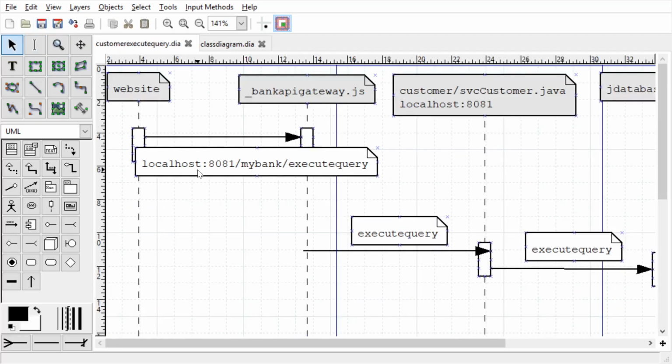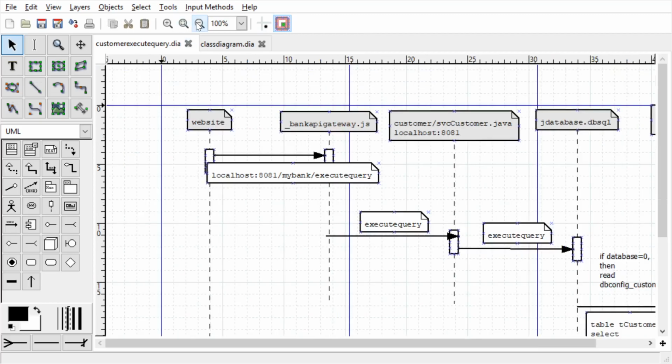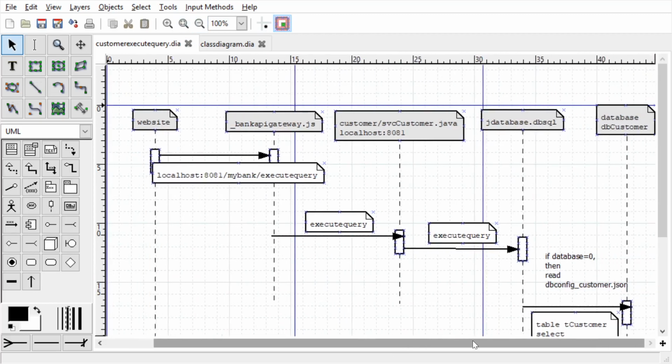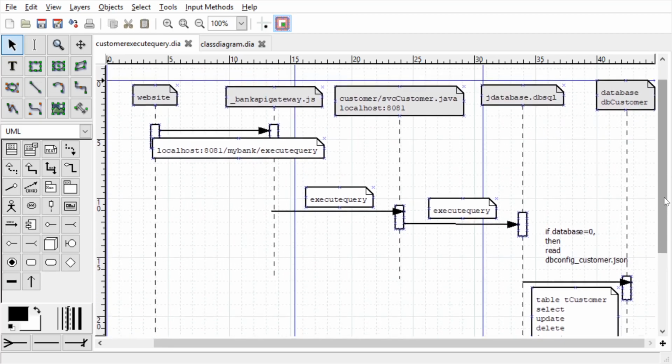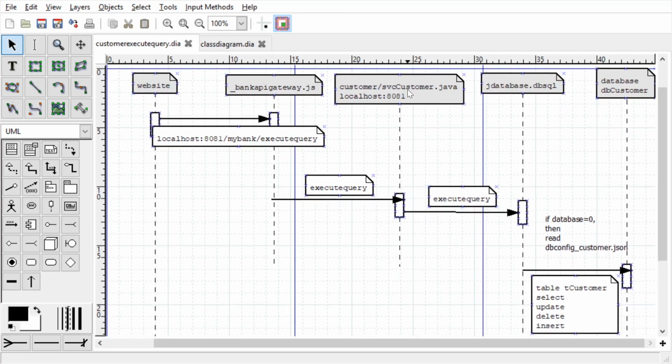In the same way, you should draw the sequence diagram to show me how everything is flowing, what is calling what. Now if you notice, I am also calling an event.